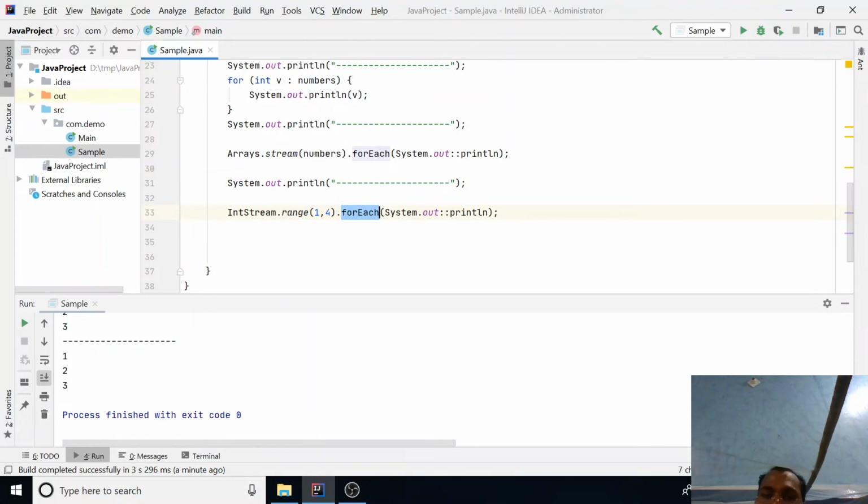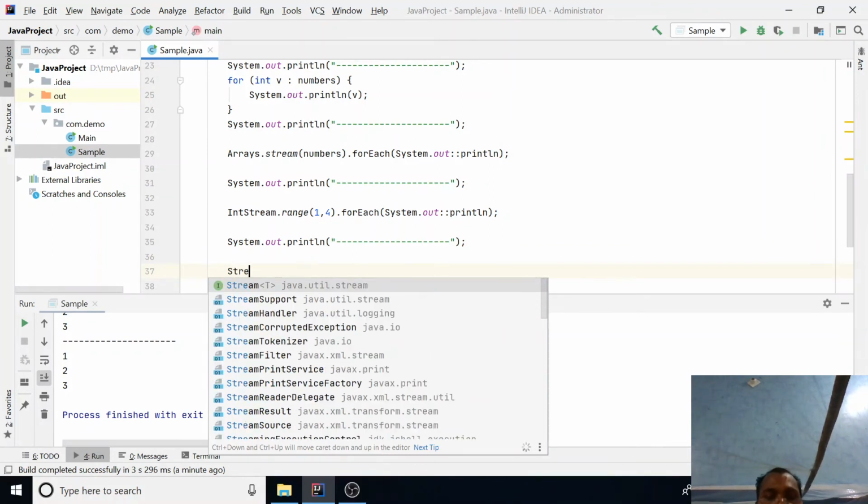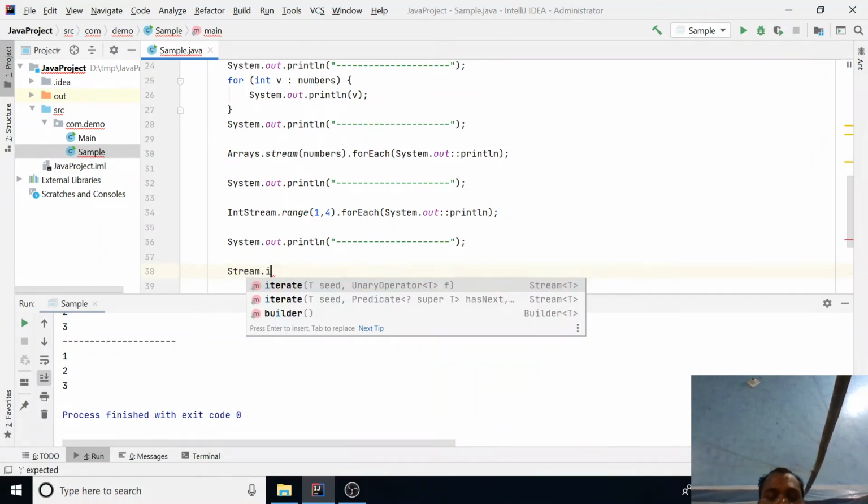And similarly, forEach is simple, just printing all the elements from this. We have another functions API which provides a similar kind of iteration. Whenever you want to iterate some values, we have Stream.iterate.